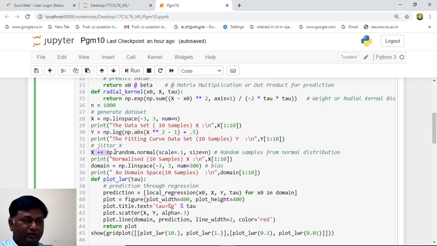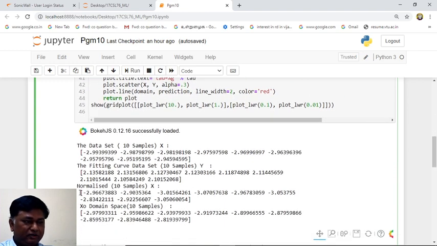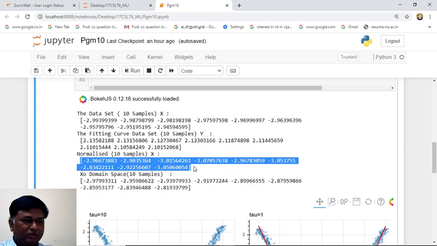And here we are taking random samples. np.random means randomly we are taking normally distributed data. So we are making your x as normally distributed data. It should follow some distribution, right? So that is the objective of the algorithm. Now random samples from a normal distribution we are taking, and those samples are printed. So these are the normally distributed samples.